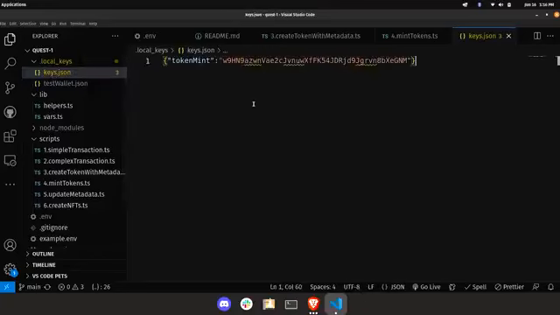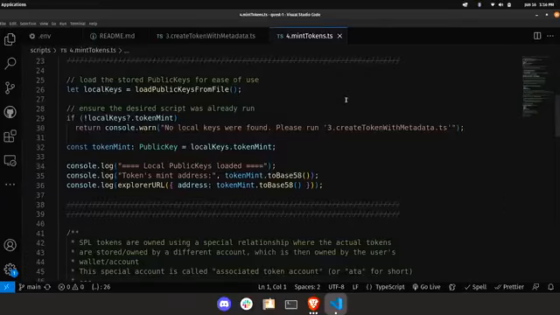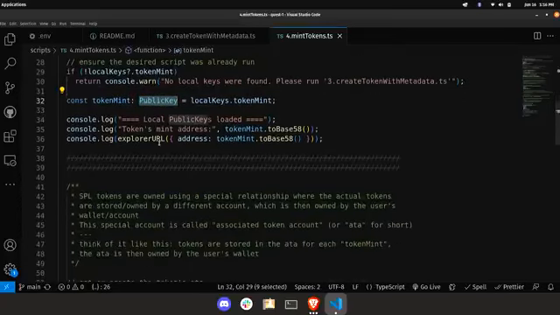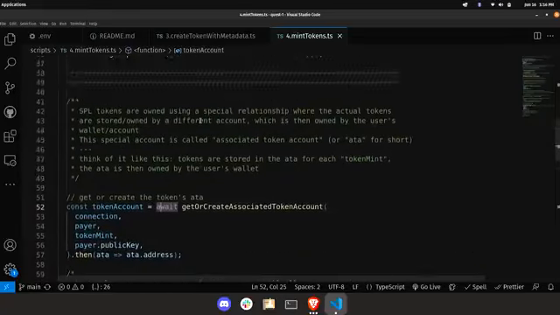I can actually open it here. In this case, we're just loading this token mint just to have that value, because you do need the token mint address every time you're going to mint new tokens to a mint. So we're just getting that and typing it to a public key correctly. But now that we have our token mint address, and again, you can do this all in the same script,